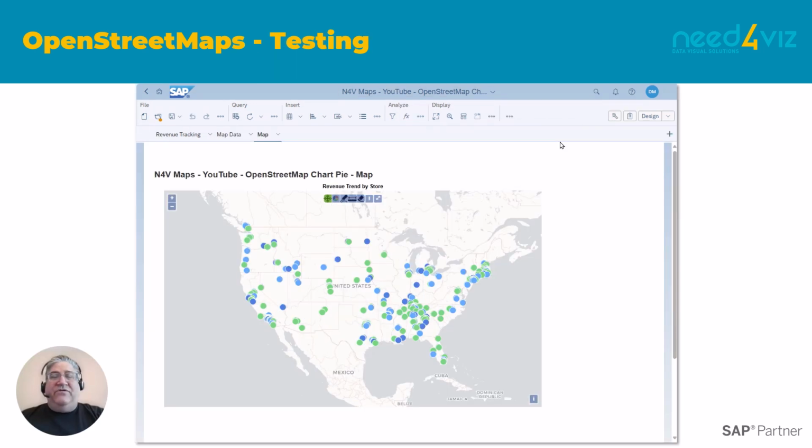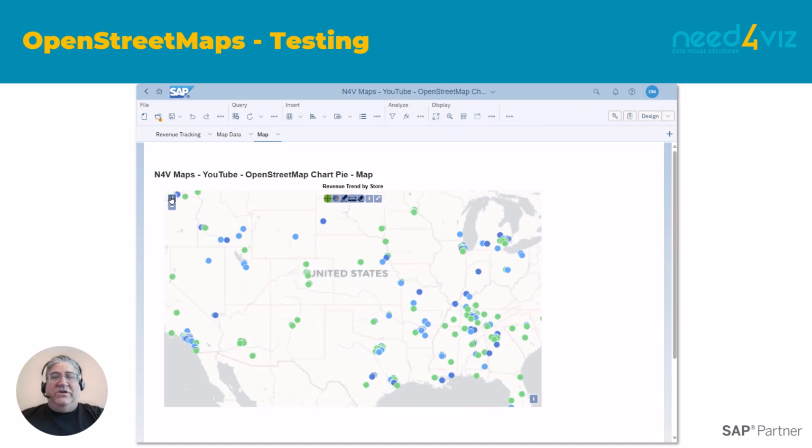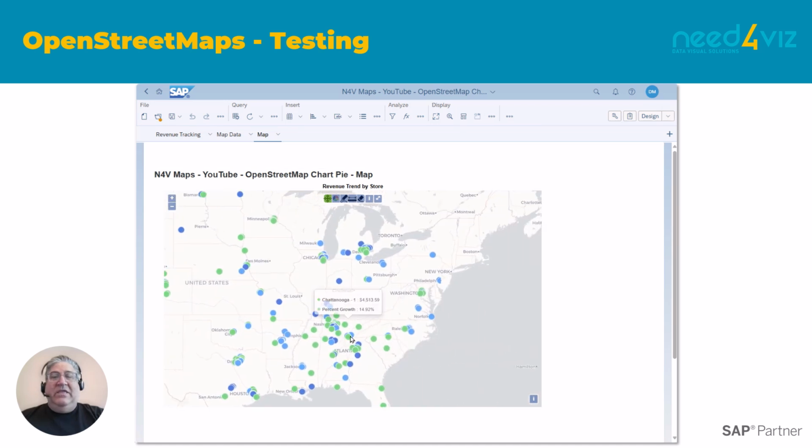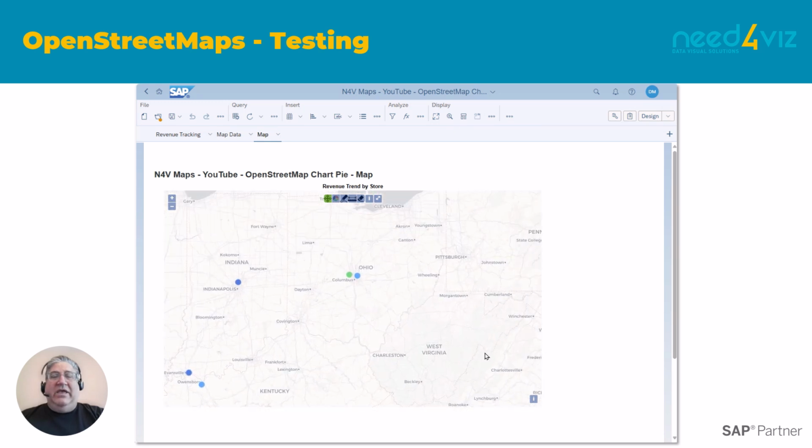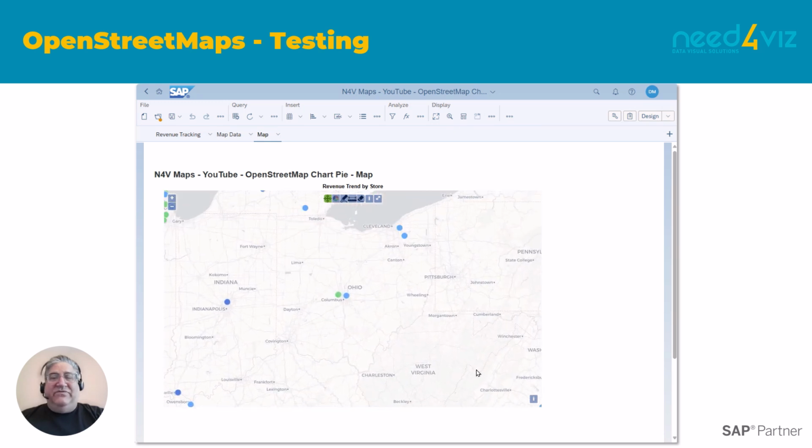Okay, now that I've configured the OpenStreetMap widget, it's ready to test. So I'm going to go up to the Web Intelligence toolbar and choose Custom Element Interactions. And so that'll allow me to interact with the dashboard as a user and not as a designer.